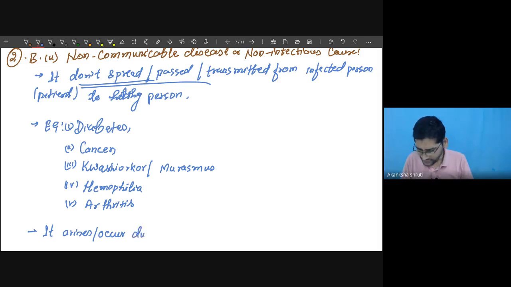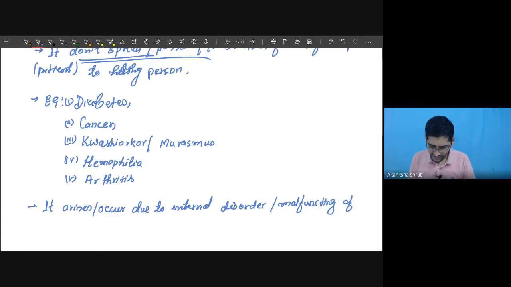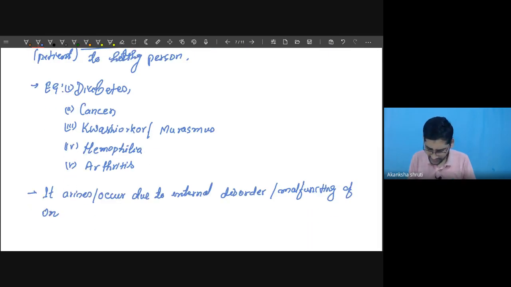Due to internal disorder, also called malfunctioning of one or more organs of the individual,